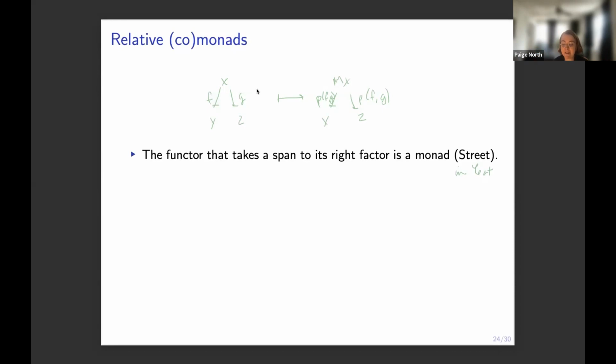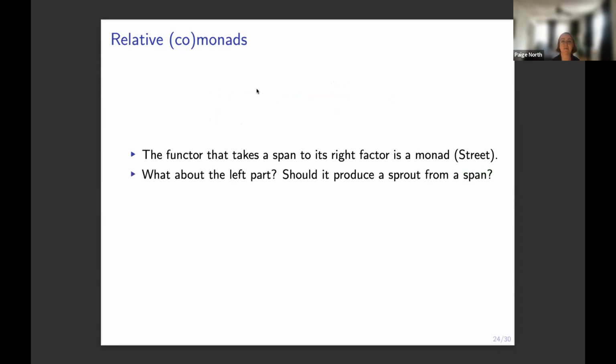Okay, but the left-hand part is really messy, unfortunately. In particular, the shapes that we have going on aren't taking things of one shape to things of the same shape, right? So it's not an endofunctor. That's the first big obstruction to it being a monad, right? So what is the left part actually doing?